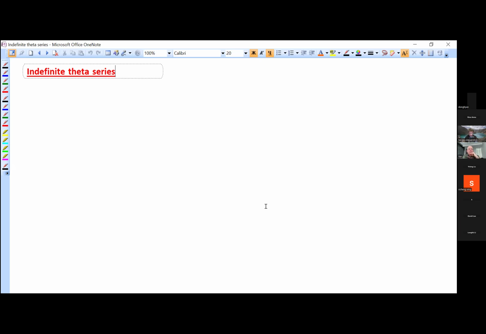And mock modularity is, as you see from the definition, more relaxed in the sense that you allow for a modular anomaly. But still, this modular anomaly has a very special form, so that if you know the shadow, then you completely know the modular anomaly. And sometimes you can also solve this modular anomaly and find the finite dimensional vector space where your object lives. And then you can also try to find it explicitly.